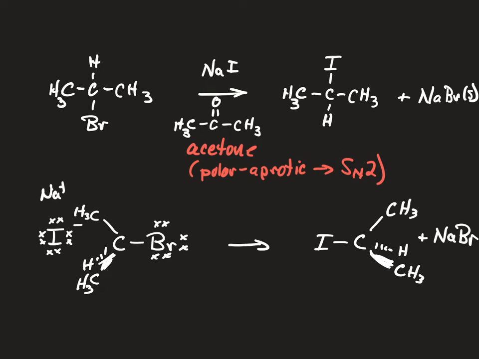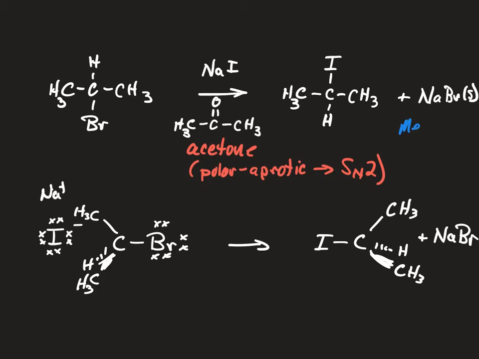The other interesting thing is that sodium iodide, because of the lower charge density of iodine, is soluble in acetone, while sodium bromide and sodium chloride are not, and so we get a solid precipitate, which makes this